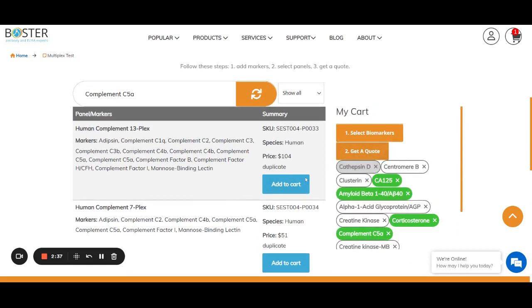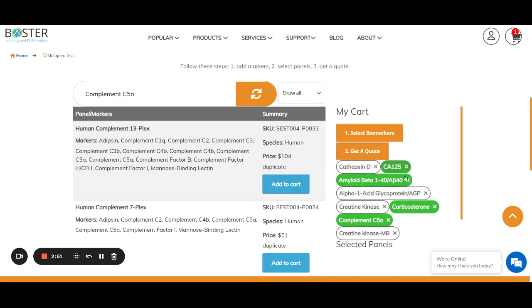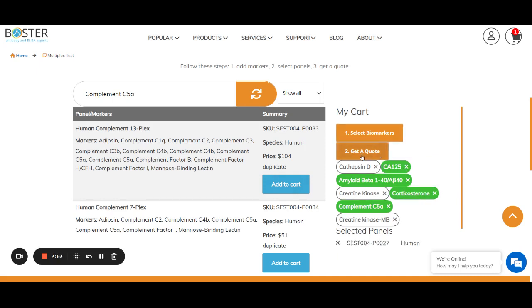Now, after you look through all the biomarkers and added the panels that you want, the next step is to get a quote. Before you go get a quote, let me show you a few more functions. You can add a panel to the cart, and then you can remove certain biomarkers from it by clicking this little remove button on the right. And once you have finalized